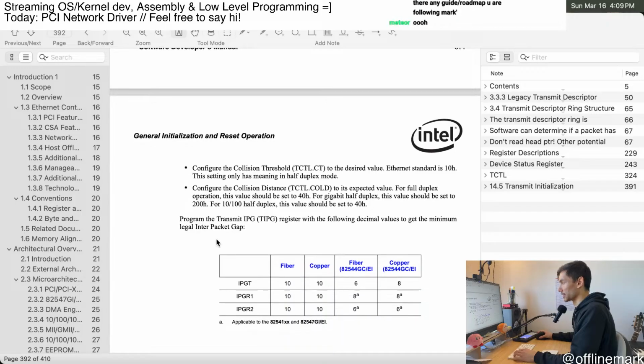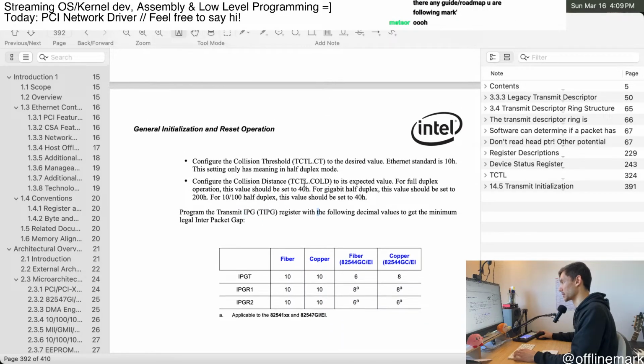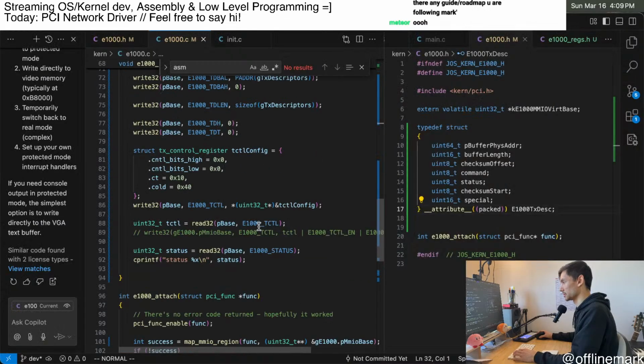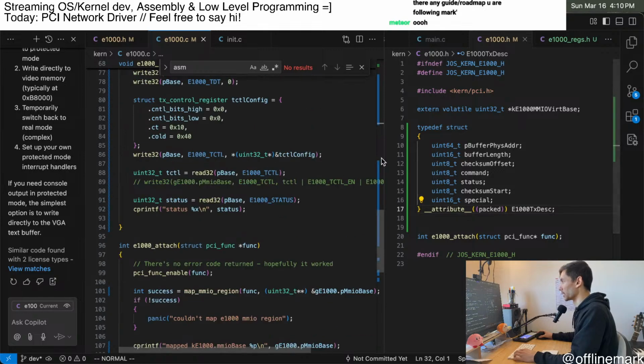And then there's this other register. So let's just do this. Set the head and tail, and then here is where I